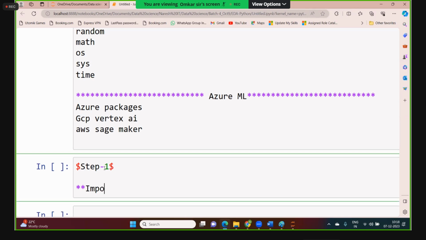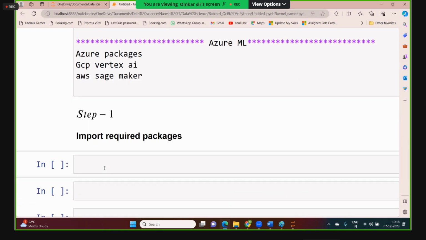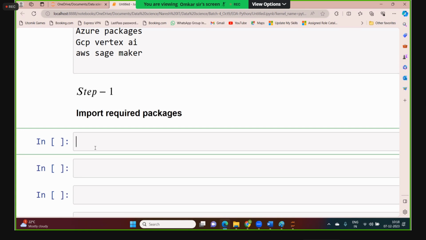Import required packages. We are doing EDA. So how many packages do we require? 4 packages. What are the 4 packages? Pandas, NumPy, Matplotlib, and Seaborn. 4 packages. So import